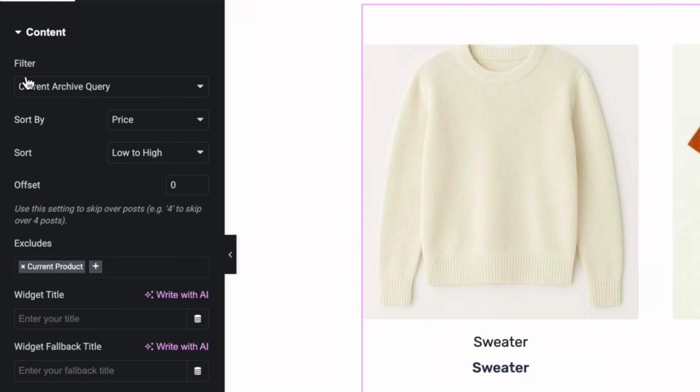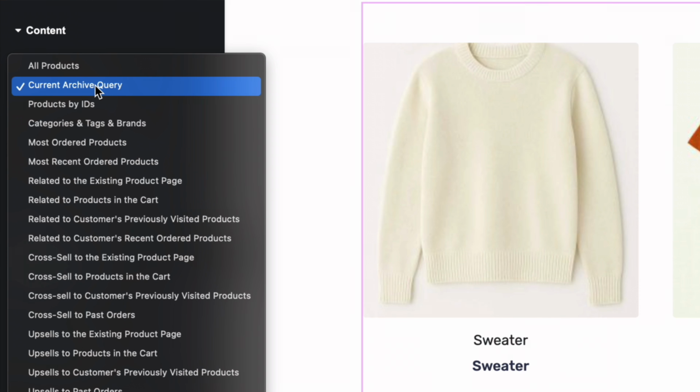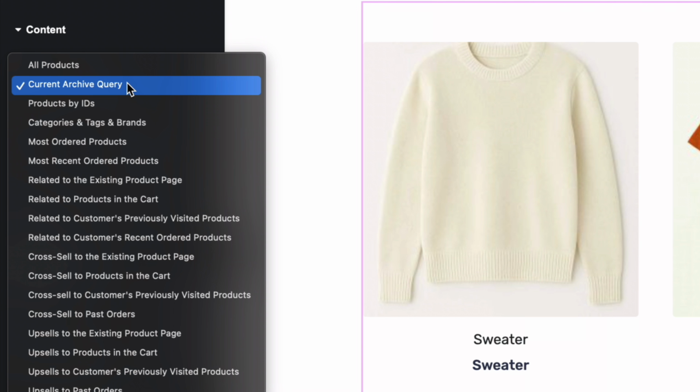The first important setting is filter. This is how JupyterX will filter your products. So the logic I want my products to be filtered is currently set by current active query, which is basically the list of products currently available in the category it belongs to.